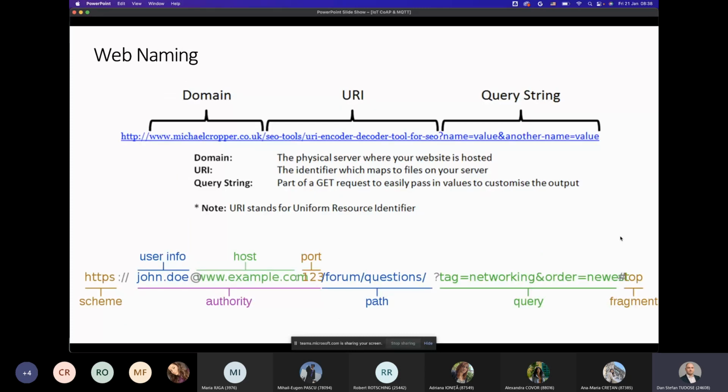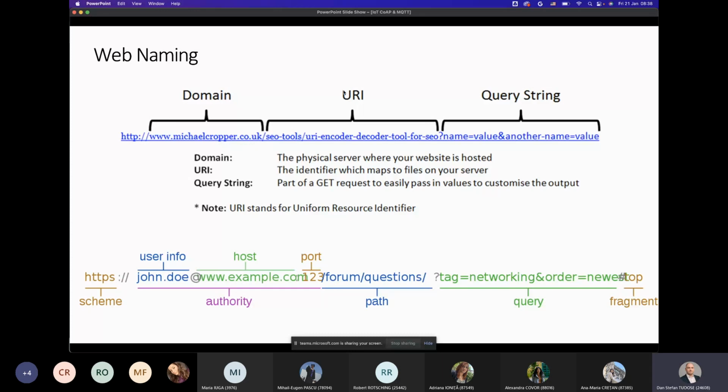Now, usually, whenever you are accessing content over the internet, you use a web naming scheme. In this web naming scheme, you have a domain name, which is the www something. It's the physical server address where your website is hosted, basically. So that's the web address. And then you might follow that domain name with a URI.